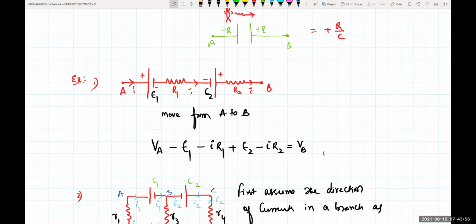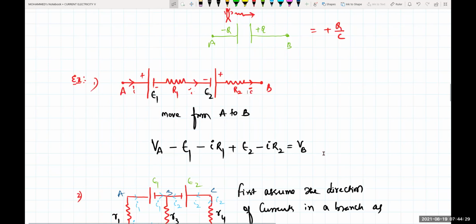Once again, sir. When I'm going from A to B, beta, what sign convention did I tell you? If a cell is coming in between, wherever I'm ending, that will be my sign convention. Yes, I'm starting at A and ending at the negative terminal. So at A the potential is here, and crossing the EMF E1, it is minus E1. And I'm moving in the same direction as the current. The arrow mark of the current is in the front direction, and I'm also moving in the same direction because I'm moving from A to B. So it is minus I into R.